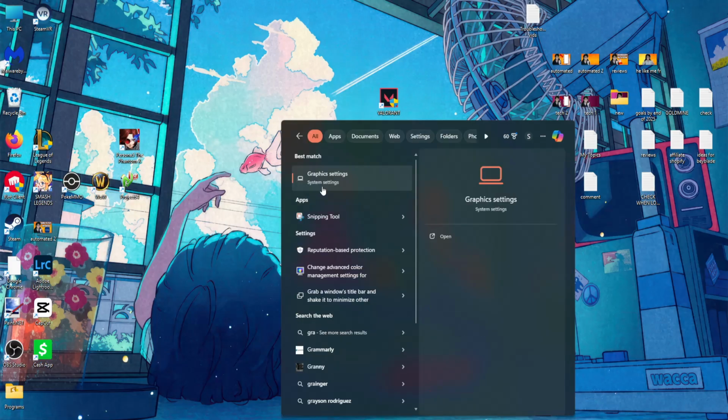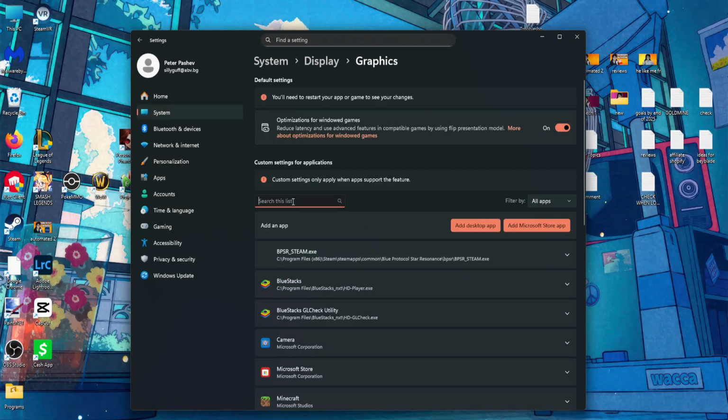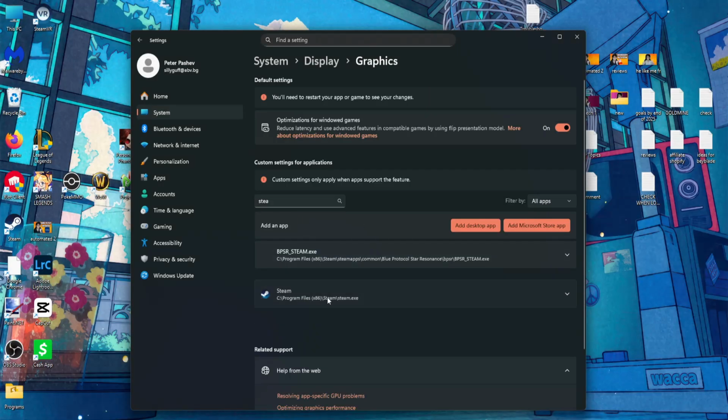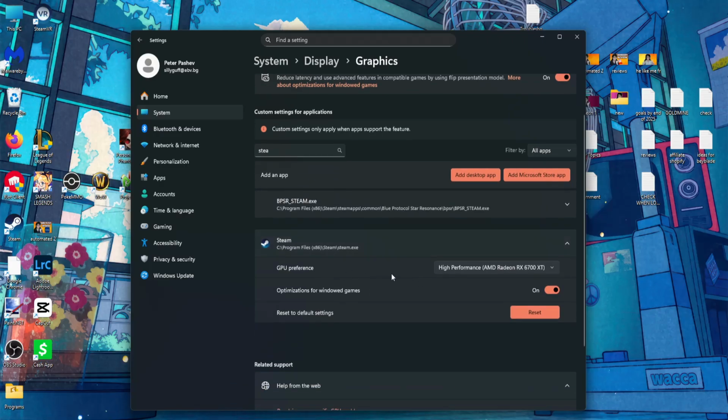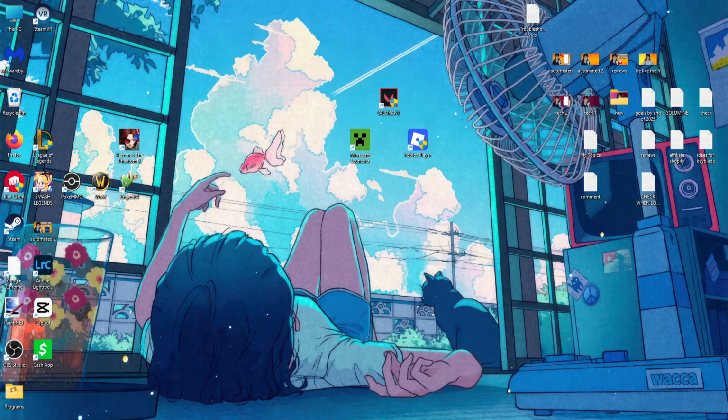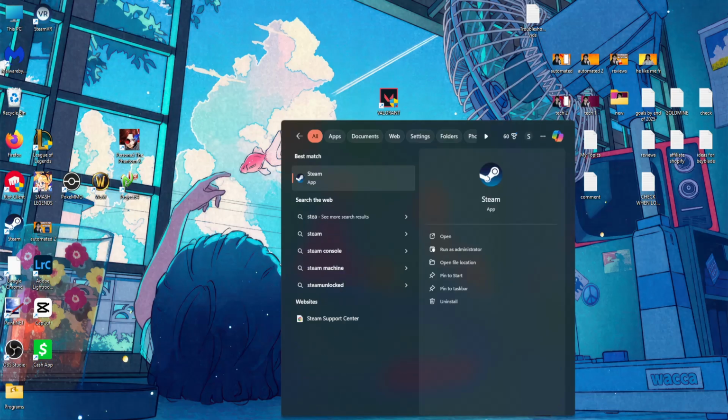For the first one, you just want to search for graphics settings on your PC, and then you will search this list for Steam. Click on Steam here, and the GPU preference, you want to set this to high performance. Once you have done this, we can proceed to the next step, which is going to be searching for Steam